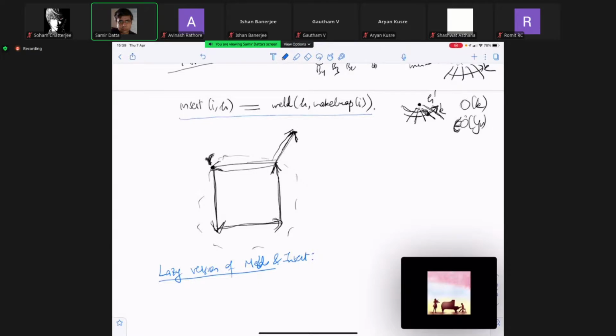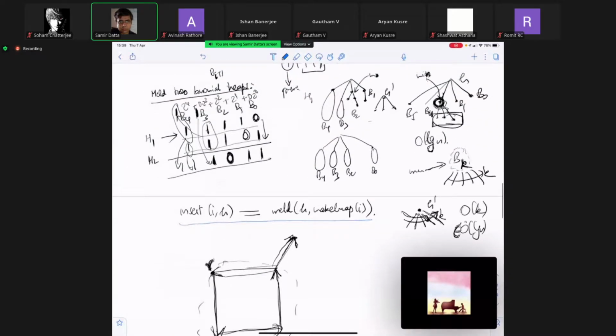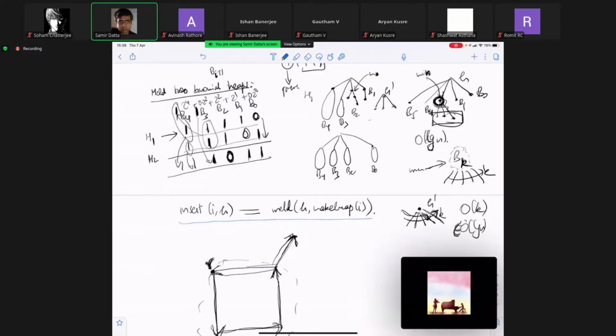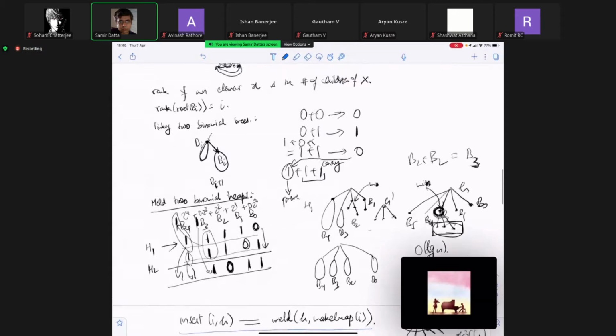So how do we do that? Notice that when we compute the meld of two heaps, in some of the cases the carry will propagate all the way through. For example, when you do a single insert, the carry would take time log n only if the other heap contained trees of all sizes,